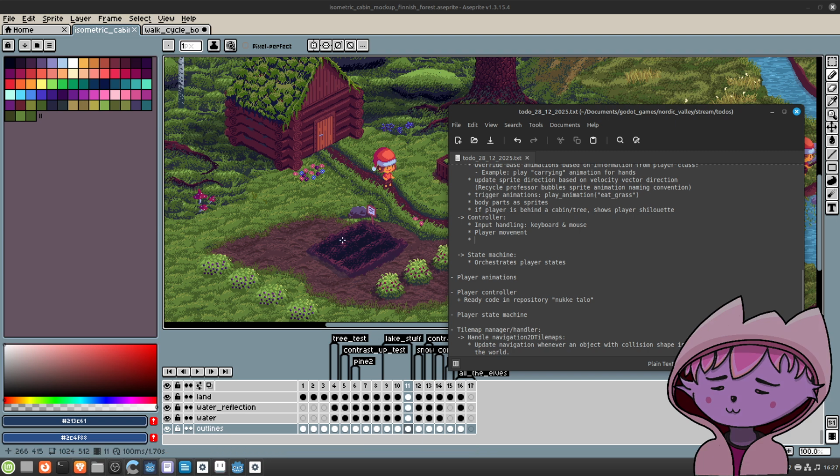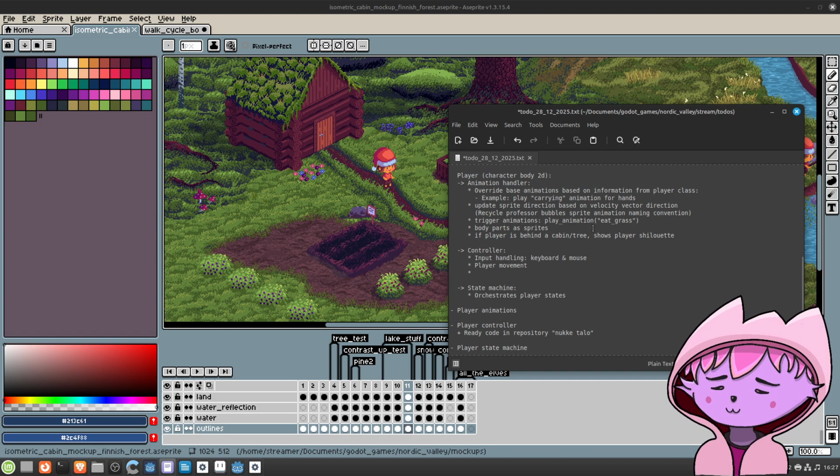So input handling, player movement, controller, what else? Well, how these things are connected is the controller, well, the state machine should somehow listen to the controller and see, like, idle state to the run state.